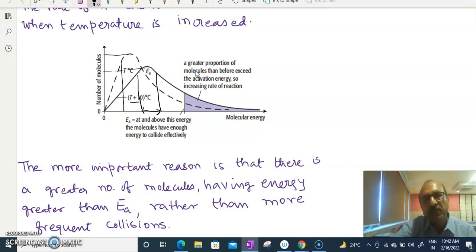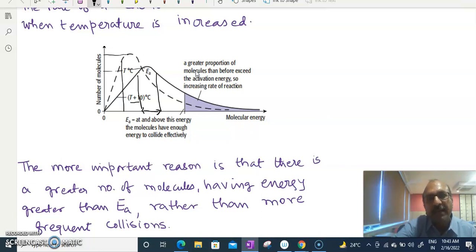That means overall a shift towards more molecular energy, and now the maximum number of molecules possess energy which is higher on average compared to the case when the temperature was lower. That's one thing that we observe, and the peak is obviously lower here. I'll tell you the reason. And then you see that the curve at T plus 10 is actually higher, see, this is higher than the curve which was there at the lower temperature.